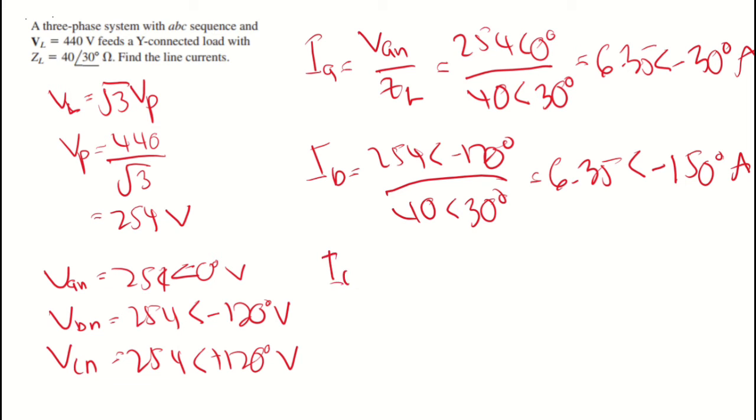And IC, you will get 6.35 angular, so this is plus 120 minus 30, you will get 90 degree ampere. So this is your result. Okay,